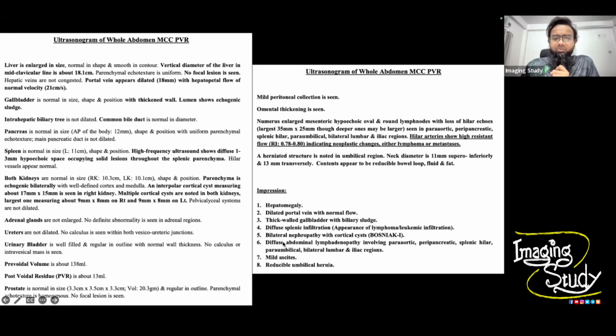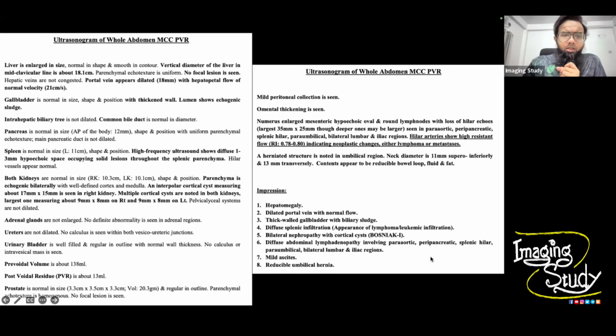So thick wall gallbladder with biliary sludge, diffuse splenic infiltration was seen, which is obviously the lymphoma finding in this patient. So there was nephropathy. It is controversial to someone, but you have to go for that. Okay, so there was diffuse abdominal lymphadenopathy. We tried to describe the areas, and yeah, some mild ascites with omental thickening, and there was a